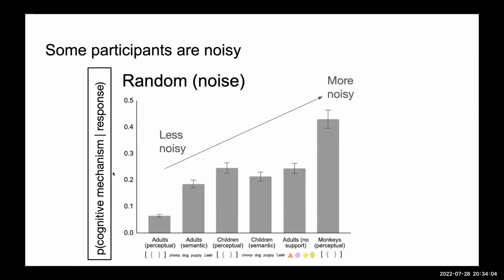So just to get noise out of the way, one important takeaway was, some participants are noisy, and you can see that noise increased as you went from the adults to the children to finally the adults with no support and monkeys with the perceptual support condition. But really, going to the meat of the matter, which is the cognitive mechanisms,